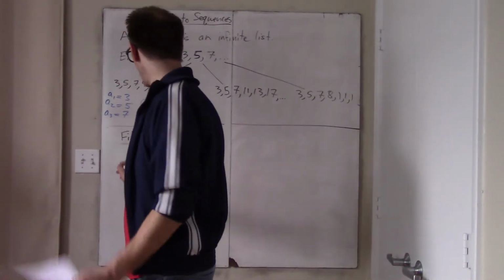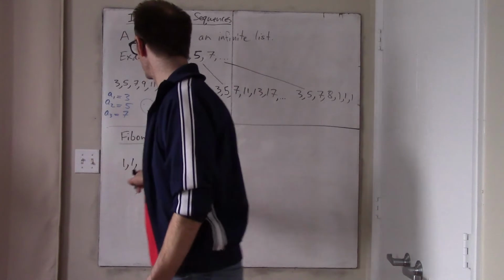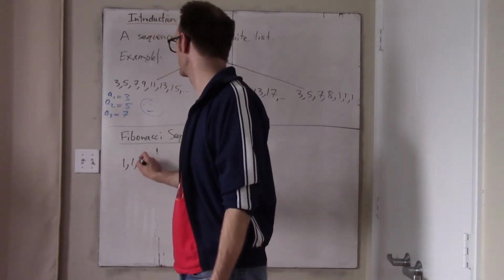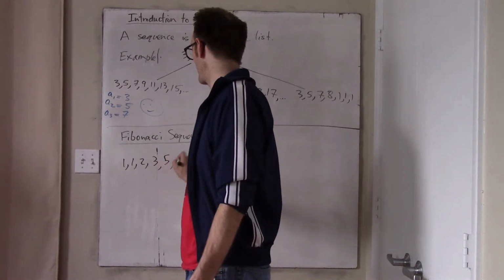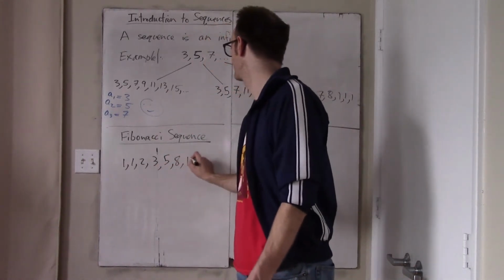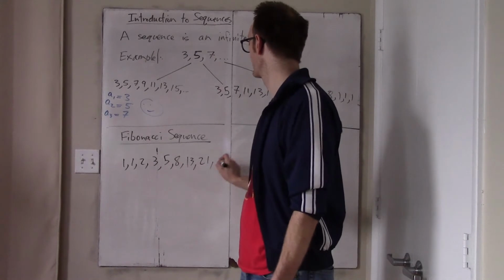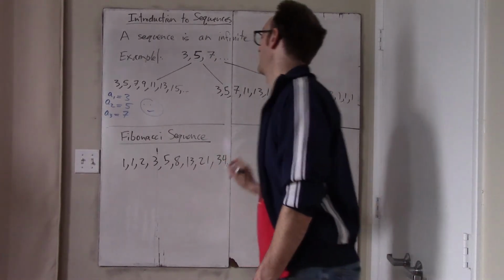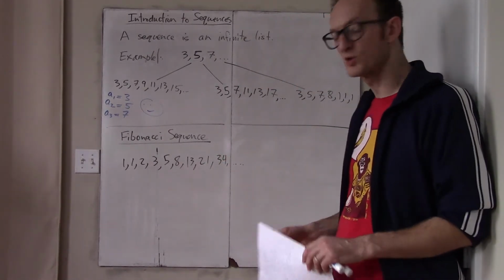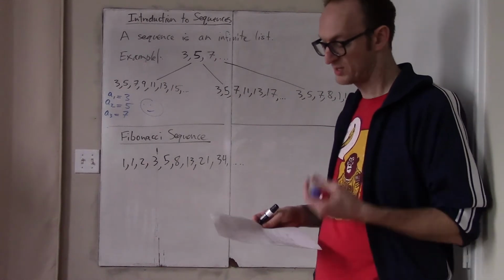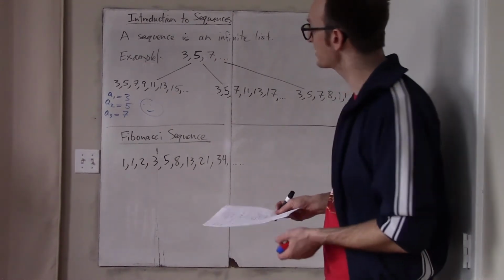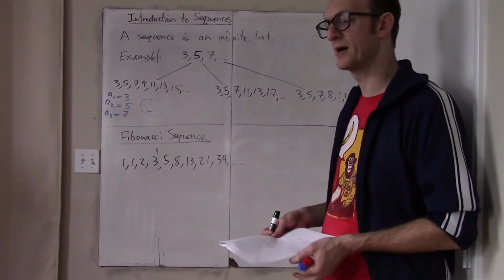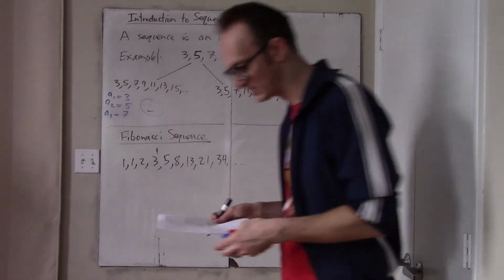It's this thing where we go 1, 1, and then we add the 2 previous terms. So that's 2, we add the 2 previous, 3, add the 2 previous, 5, add the 2 previous, 8, add the 2 previous, 13, 21, 34, etc. Okay, well, suppose I want to communicate the Fibonacci sequence to someone else who's never heard of it before. There is a way. And the way is not with dots, but with some kind of precise algebraic explanation.